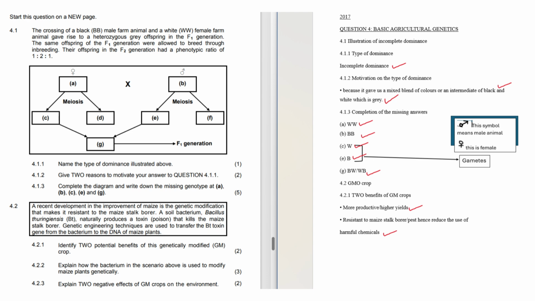Let's roll on. 4.1, the crossing of a black BB male farm animal and a white WW female farm animal gave rise to a heterozygous gray offspring in the F1 generation. The same offspring of the F1 generation were allowed to breed through inbreeding. Their offspring in the F2 generation had a phenotypic ratio of 1:2:1, and they give us an illustration